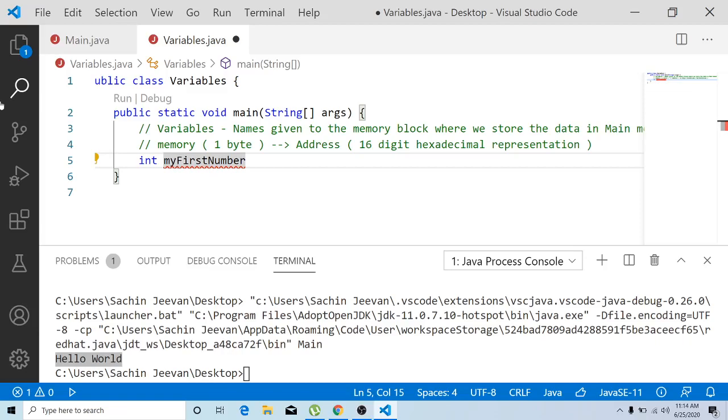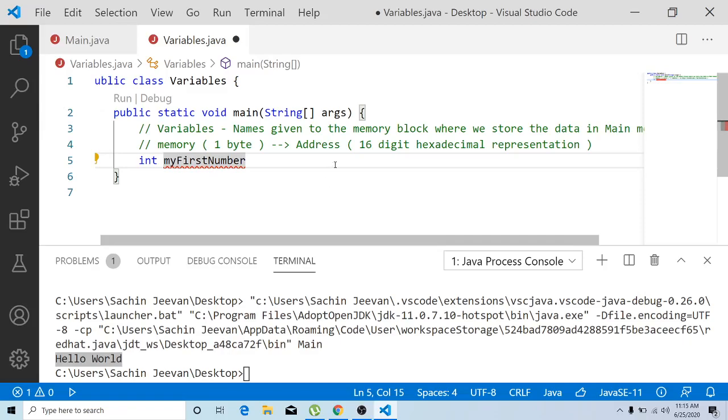So the system will understand how much memory to allocate to a particular variable with the help of the data type that we specify. That is the main reason why we have to specify the data type. Also, to track the behavior of the variable, we require the help of specifying the data type of a variable.